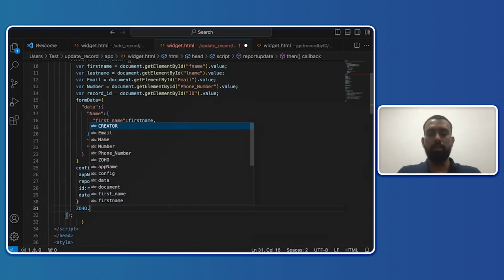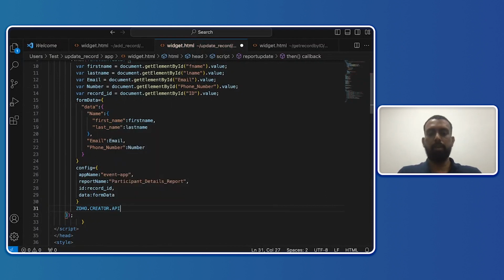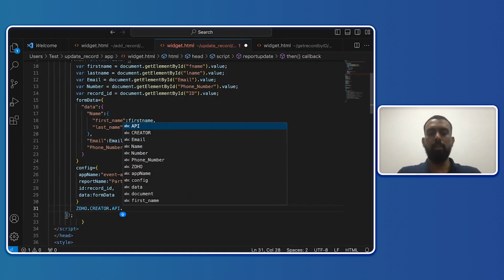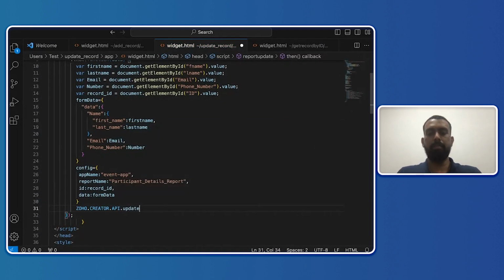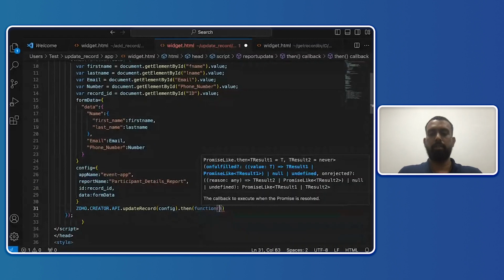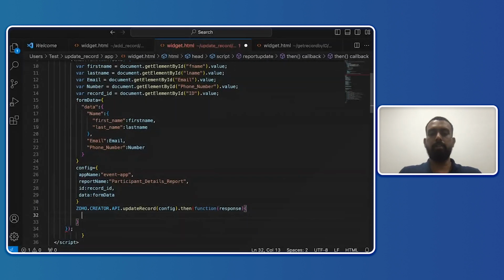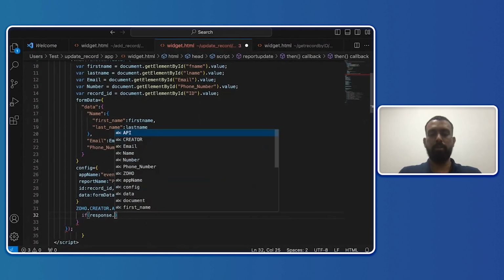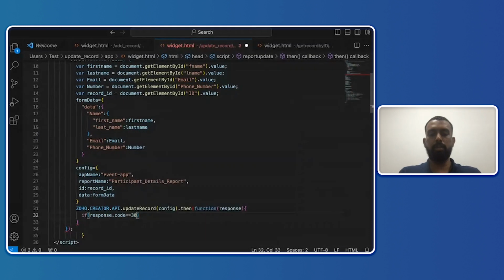So I'll use Zoho.Creator.API. Now I need to update the record. So I'll type update record. Now I'll use config dot, then I'll open the function and then response. Now I'll open brackets and I'll give out a response saying if the response dot code is equal to 3000,